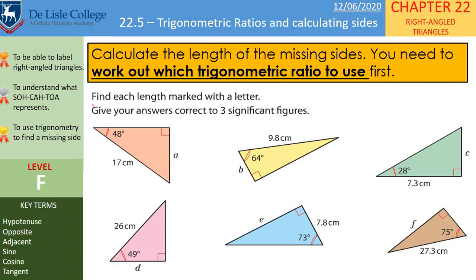Now they look similar to the ones we've just done, except you aren't told which ratio to use, or which triangle to use, so you have to work it out for yourself. But again, they should be written in your book, but I can write them again up here. So for each one, I would like you to label the triangle. So draw these triangles, label them, pick which trigonometric ratio you have to do, okay, and then use it correctly